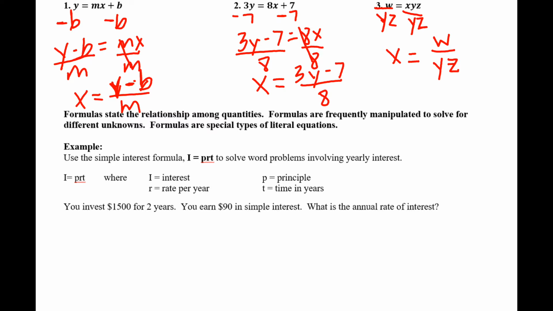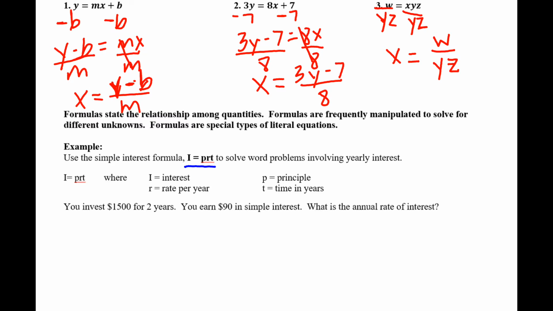On the back side, here we go. We're going to look at, or sorry, not the back side, this bottom. This will be similar to the problems that are on the back side of this note sheet that I'd like you to complete in class. They give you a word problem and they ask you what's the annual interest rate. What I'd like you to do is before you just plug in these numbers, I want you to solve for the variable that they're asking about, and then after you solve for that variable, then I'd like you to plug in the information. So they give us this formula, I equals PRT, and they say